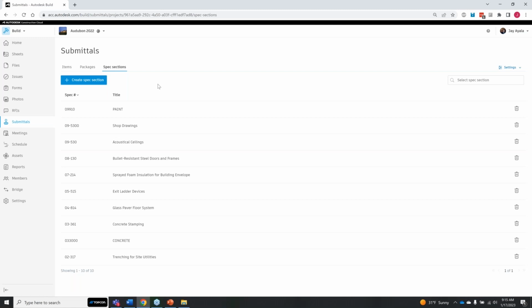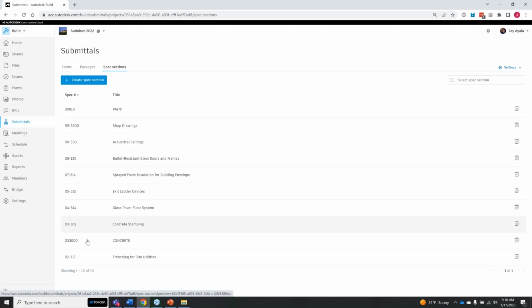I think Autodesk has another program specifically built for specs, called Pype, P-Y-P-E, and I think they're currently integrating some of that auto spec functionality right into Build. I'm not sure when and if they're going to release that, but these specs right now have to be created individually. Okay, so here we've got paint